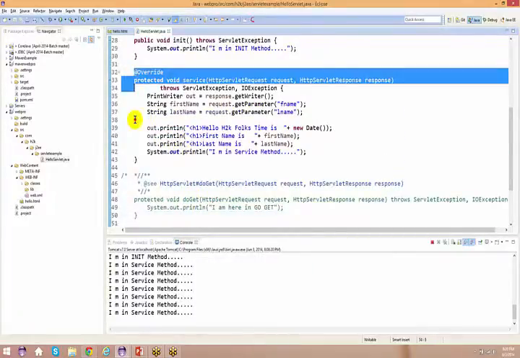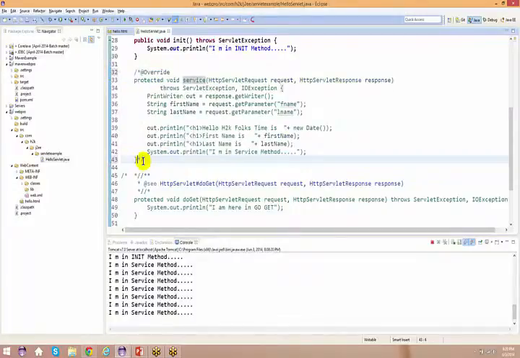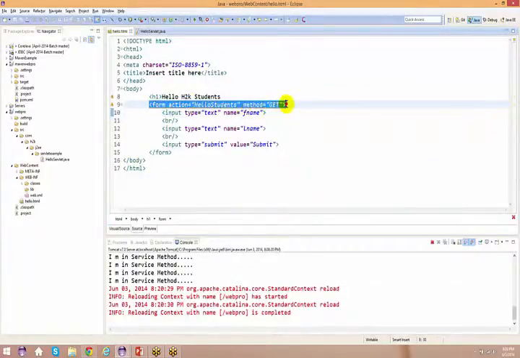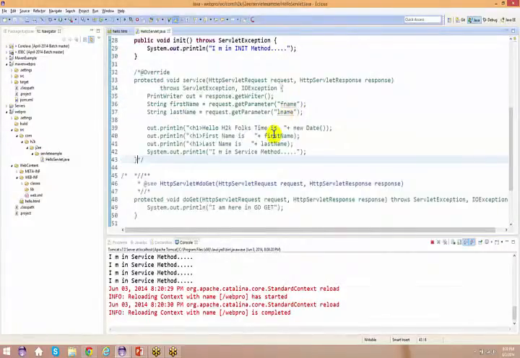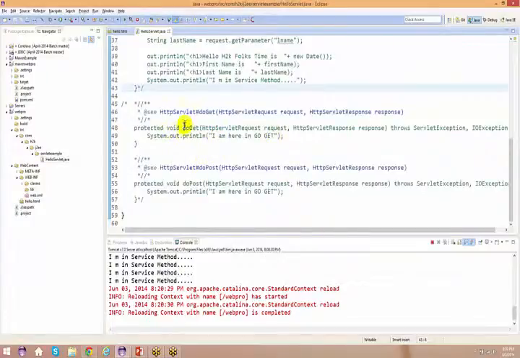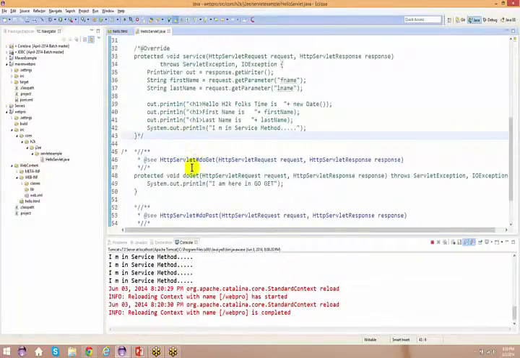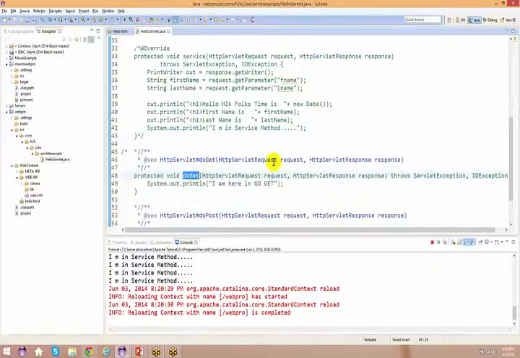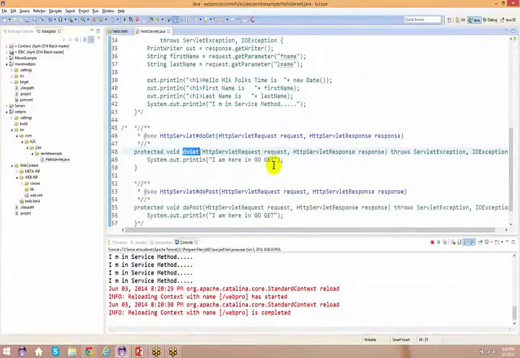Now let us do one thing. Let us comment this out, and go back to the HTML, and the method which I'm using right now is method equal to get. Now I know that there is one more service method, that is your doGet. You do not say it is a service method, but it is by itself a service method. So what do you mean by service method? Service method is the one which takes a request each and every time you send a request to that particular servlet, and it gives a response back to you.